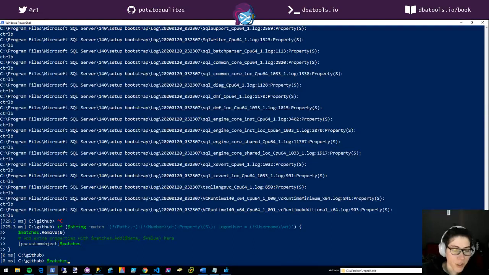Matches. Oh, I didn't put the string. Okay, here we go. Add extra properties. I see what you're doing. That's cool as hell. All right, here we go.